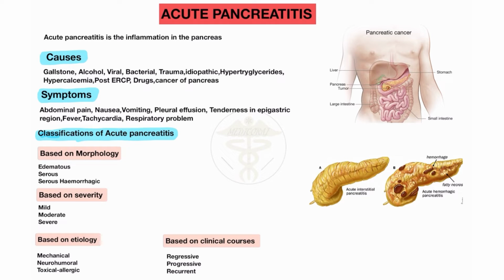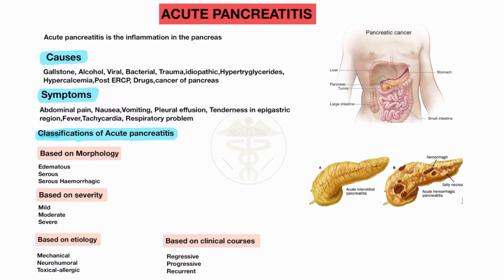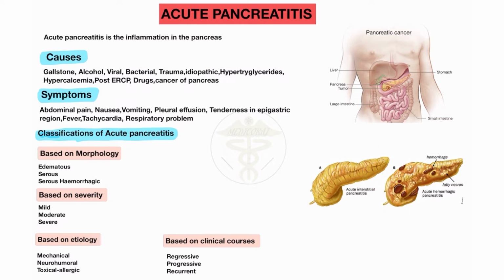And you all know the pancreas has both exocrine and endocrine function. Exocrine function is the secretion of enzymes like amylase, trypsin, chymotrypsin. These are all enzymes secreted by the pancreas which help in the digestion of food. Endocrine function: the pancreas secretes two hormones, glucagon and insulin. Alpha cells secrete glucagon and beta cells secrete insulin, which help in the maintenance of the glucose level. So it has both functions, exocrine and endocrine.